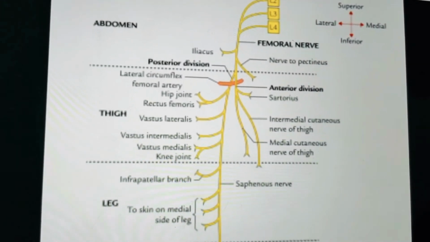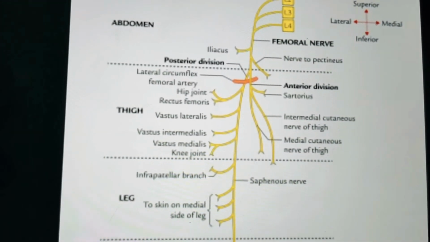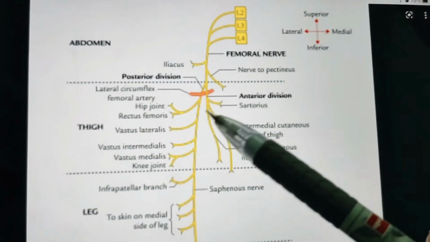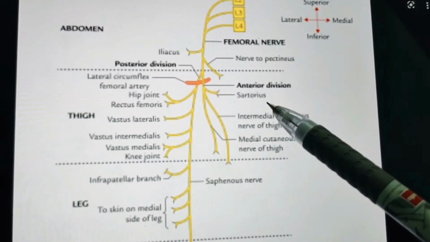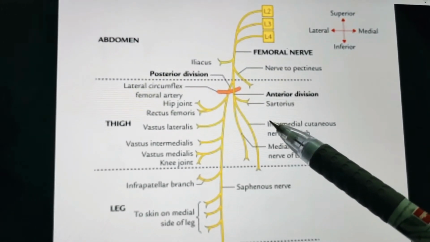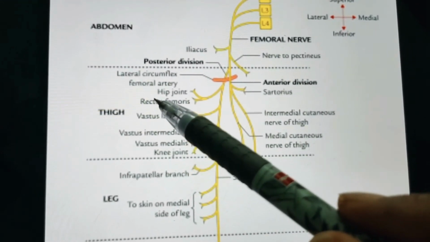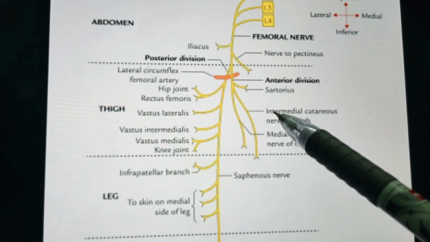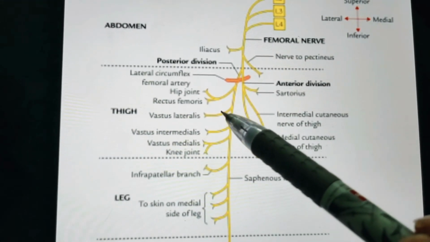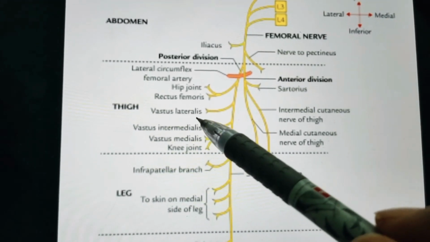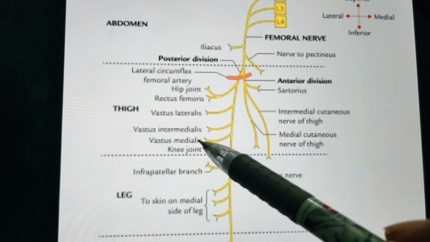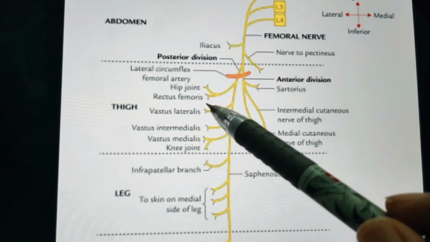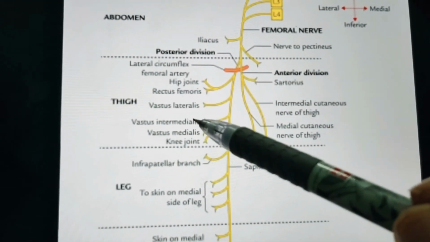So first you have the muscular branches. So what are the muscular branches? Let us see, especially in the anterior division, it mainly supplies the sartorius. The anterior division supplies the sartorius muscle, okay, and the posterior division supplies the rectus femoris muscle. So in the posterior division you can see this is the rectus femoris. So these are the muscular branches, okay, and not only rectus femoris, in the posterior division there are also 3 vasti muscles, that is vastus lateralis, vastus intermedius and vastus medialis. These 3 muscles are also supplied, and also you have the articularis genu, that is also a muscular branch.